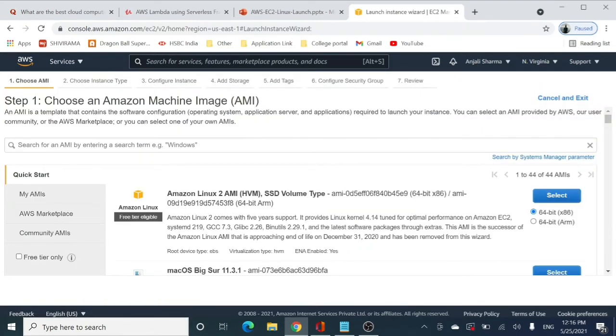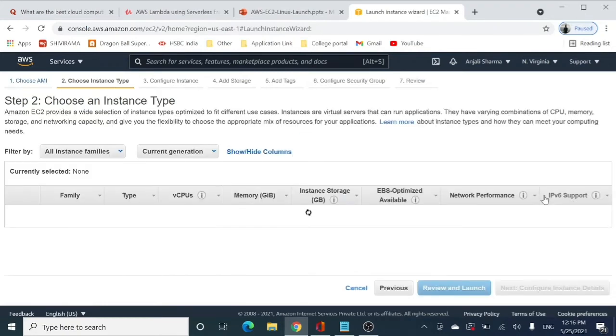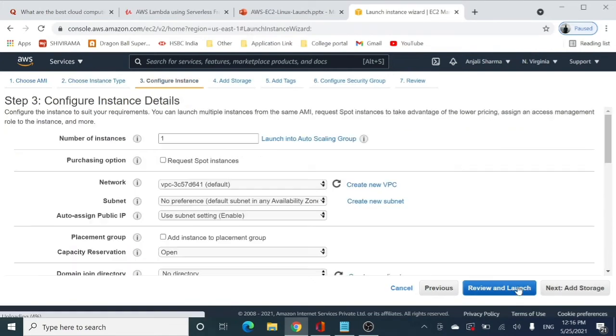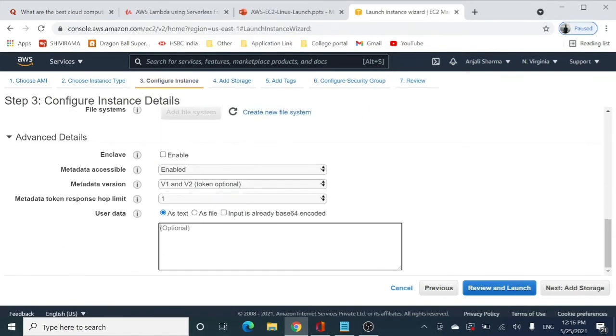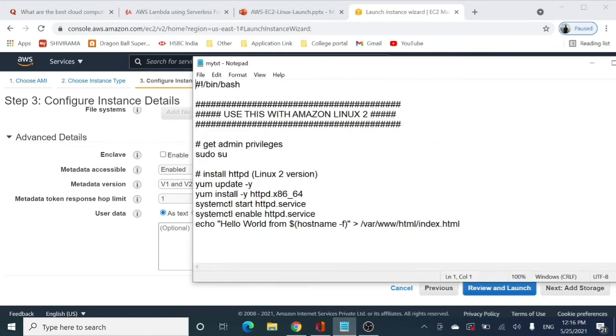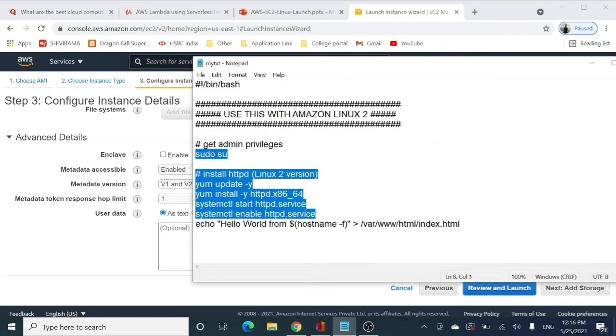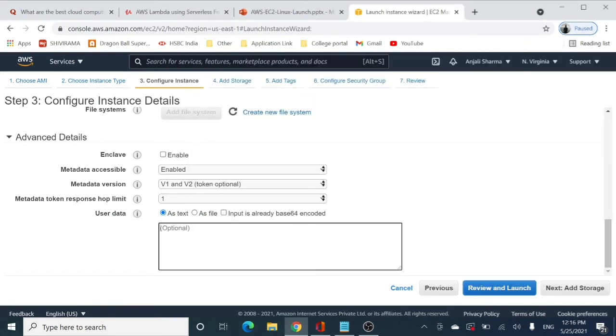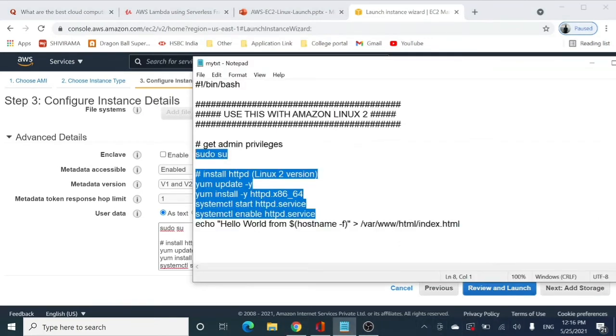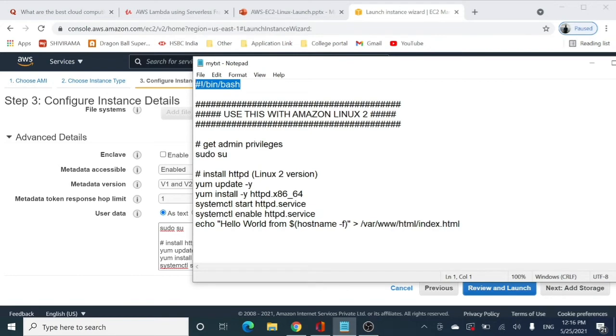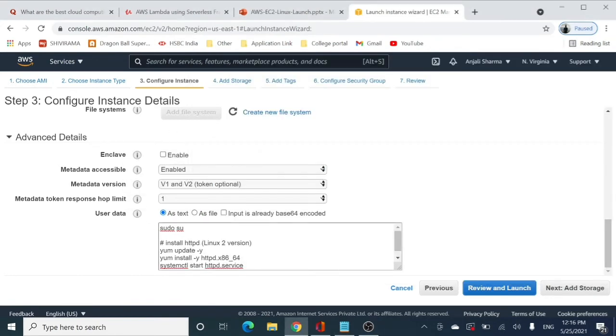So I'm just installing a Linux 2 AMI on my EC2 instance with t2.micro as the instance type, because we will be in the free tier. And in the user data section, I am again copying the script for installing Apache Web Server. You have already seen this in our previous videos as well, so just copy it and paste it here.